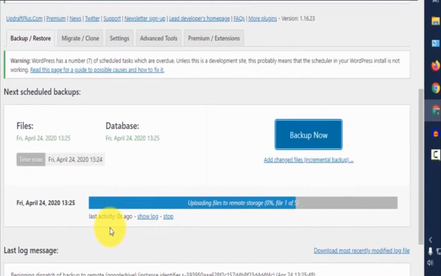That's it. It will back up your data manually.